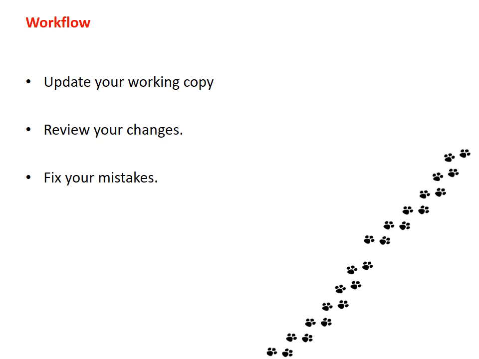The third and very important step is to fix your mistakes. Nobody is perfect. No one is Brahma. You can't write perfect code in a single stretch. It is important to review your changes. You may optimize the code better or fix the mistake. You can use svn revert to restore your file or directory to its unmodified state.